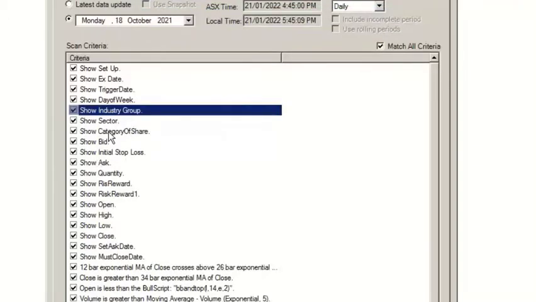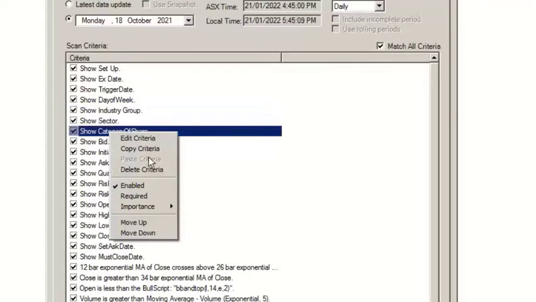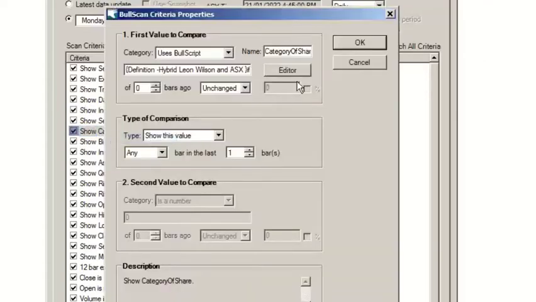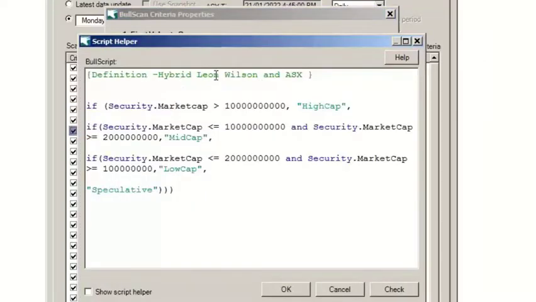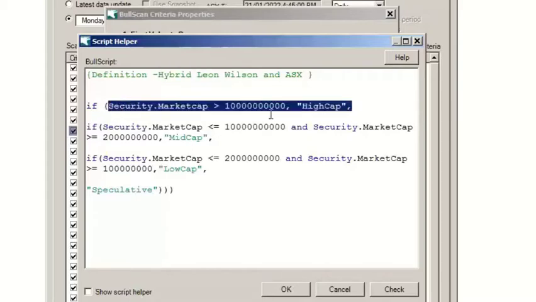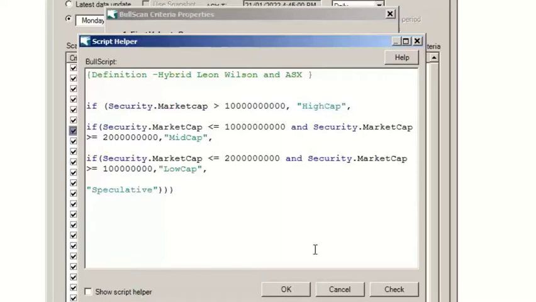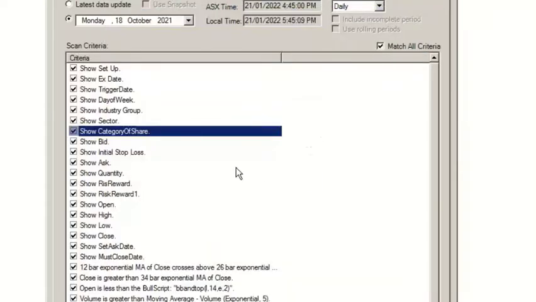Sector. I'm not going to go into the category of the share. I mean, the purist could pull this apart, but if you look at any number of descriptions, what's a high cap, a low cap, for my purposes, it's relative. I use the same formula right through, whether it's technically correct or not at that value, because I use it relatively right through my trading, and it just helps me get a feeling for comparative purposes across the various strategies I'm using.